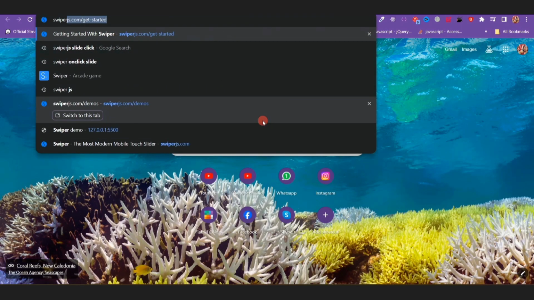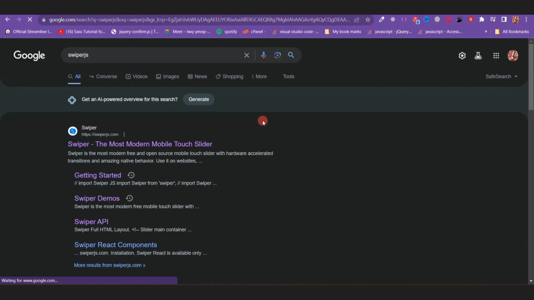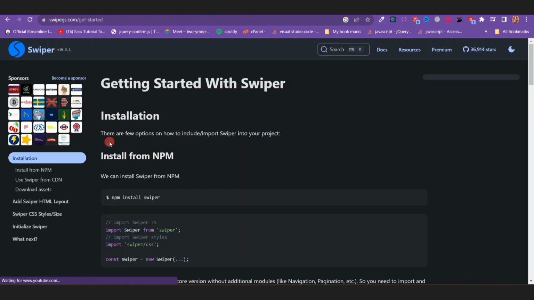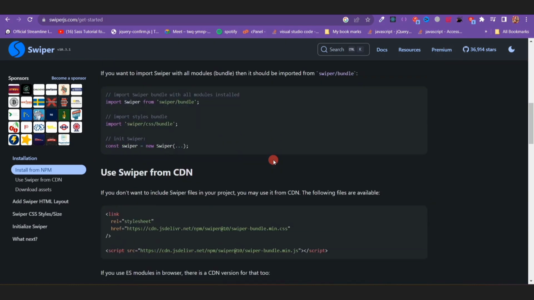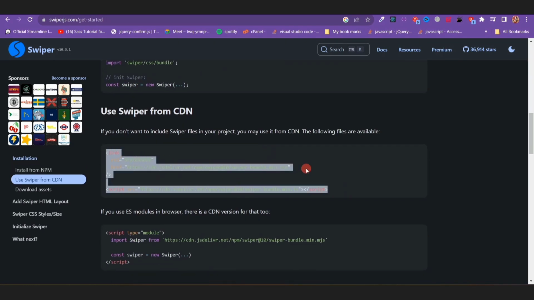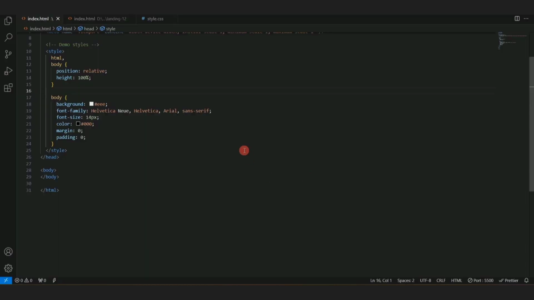Now you can go to the Swiper.js website and you can click here, Getting Started. And here we're going to grab the CDN for our Swiper.js. So you can grab these and then you can paste it in your index.html file. So after you're done with pasting,